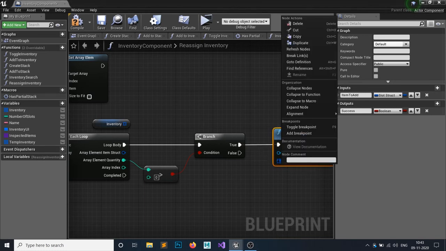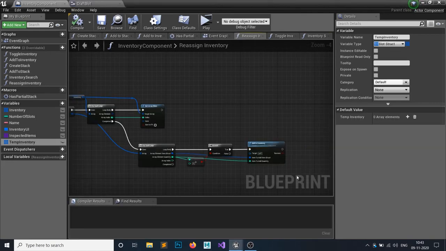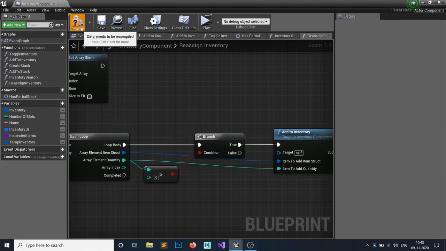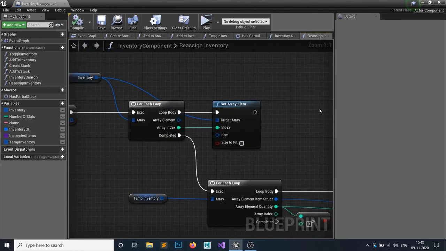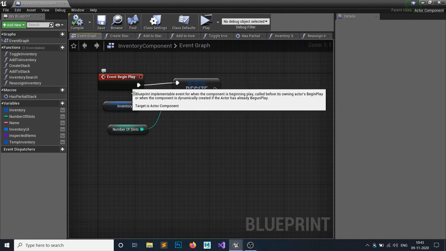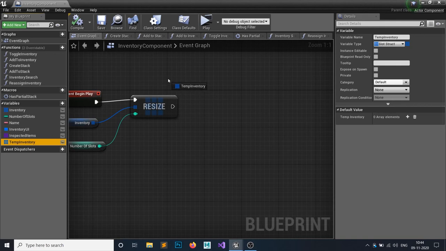What items should I add? So let's just split this. The item I want to add is this item, and the quantity I want to add is 1, so it will just iterate 1 1 1. Nope, the quantity should be this one, pardon, and we don't need this for it. Hit compile, save. So this is our assigned inventory, but as you remember, we have to resize that inventory, otherwise it will simply go forward. So just grab this inventory and resize it,